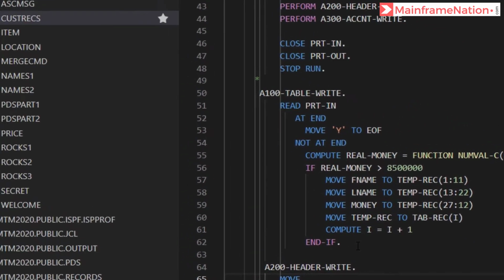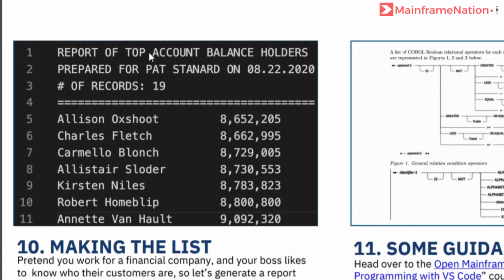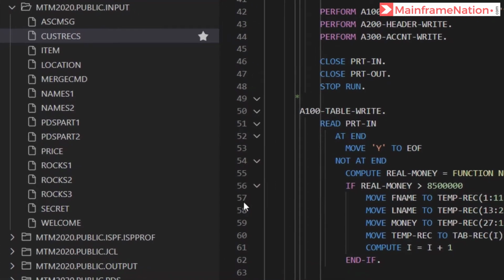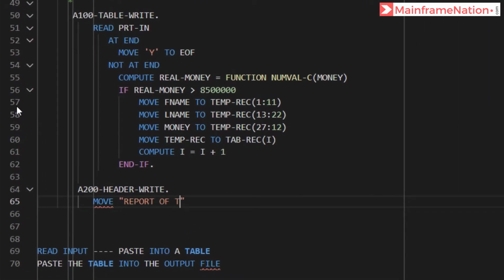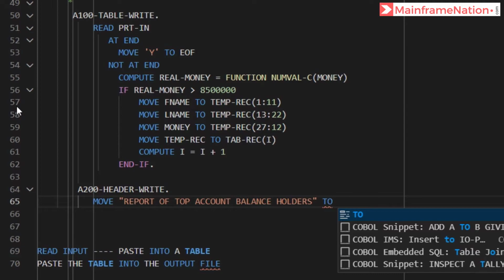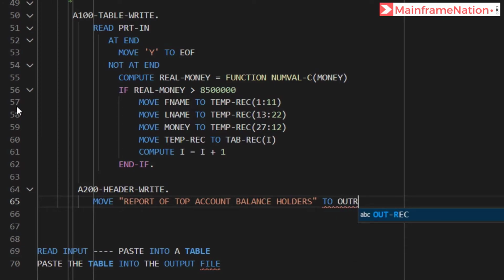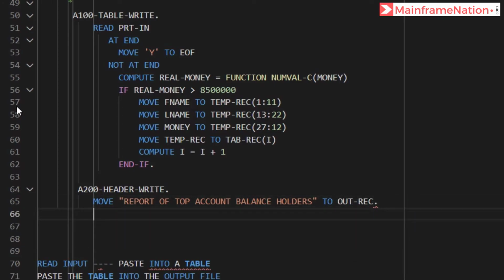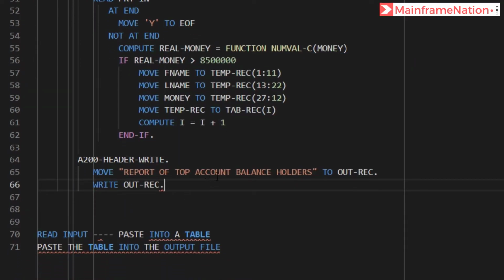Here I have to move this text, report of top account balance holders, to outrec and then just write outrec. That's it. This first line will be written to the output file.